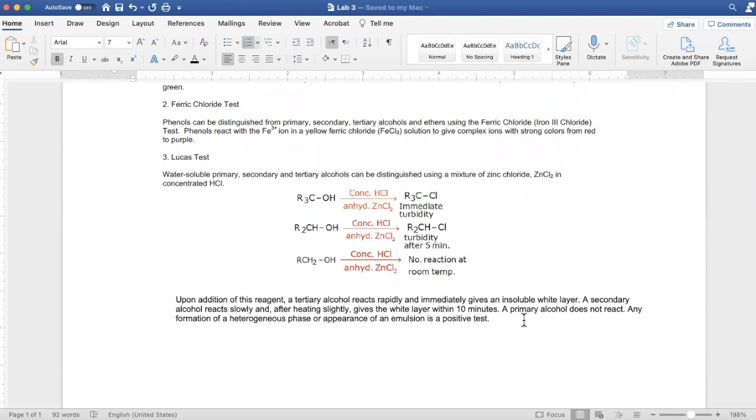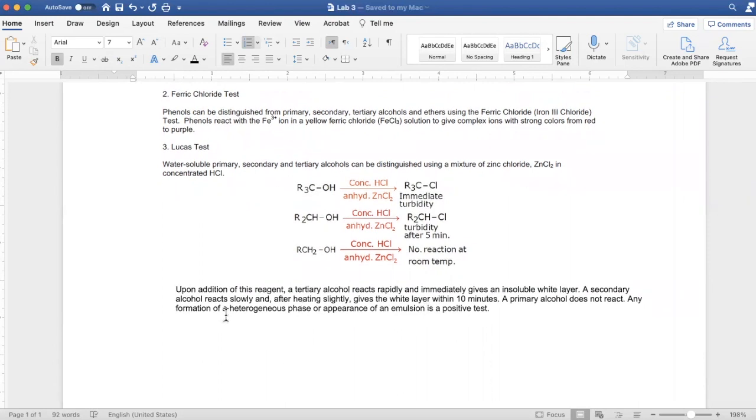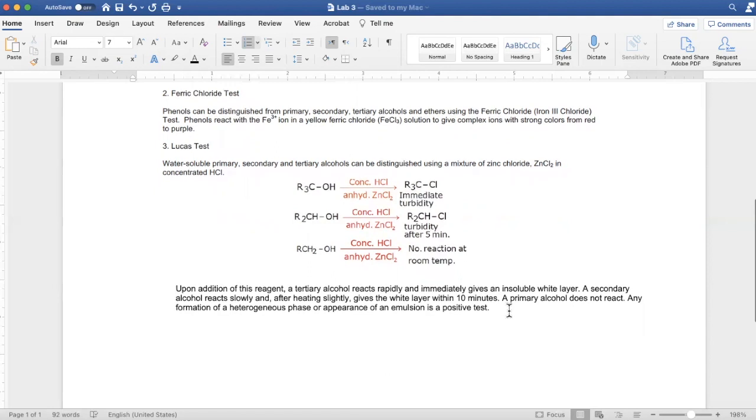So it's just like it sounds, it's a layer that's not dissolving, it's insoluble in the test tube. The secondary alcohols are going to react slowly. So I do have a water bath heating up where I'll submerge my test tube in the water bath and kind of speed up the reaction so we see a reaction in the test tube. And that'll give us a white layer after about 10 minutes of heating. And then primary alcohols don't react, and any formation of a heterogeneous phase or appearance of an emulsion is a